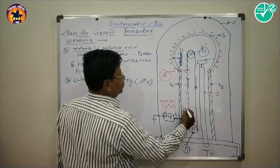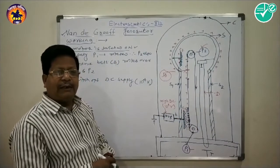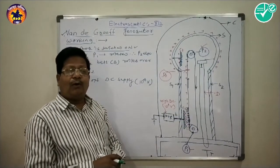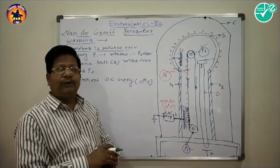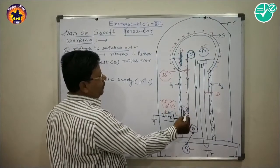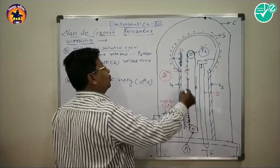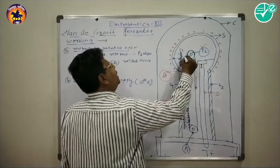So positive charges are spread over the belt and they stick to the belt. And the negative charges which are repelled go to the ground, or some of them cancel out the positive charges present on comb C1, but as C1 is connected to the high DC voltage, it continuously provides positive charges. So corona discharge takes place, due to which comb C1 spreads positive charges on the belt, and these positive charges stick on the belt B, and as the belt is running over the two pulleys P1 and P2, these positive charges move in the upward direction,